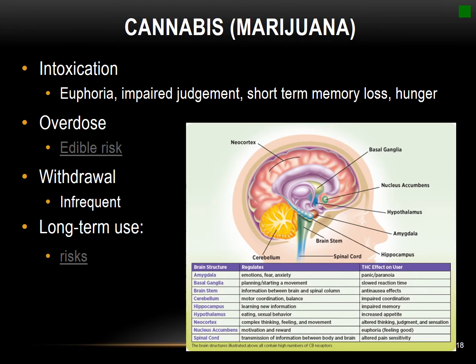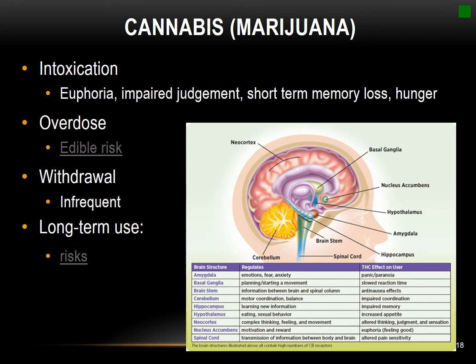Let's talk about cannabis or marijuana, also known as pot, Mary Jane, weed, and about 1,000 other things. Cannabis is a plant that produces psychoactive effects when taken as an inhalant or eaten. It's the most widely used illicit drug in the United States. This picture shows you the effects of THC, which is the active ingredient in marijuana, and what those effects are